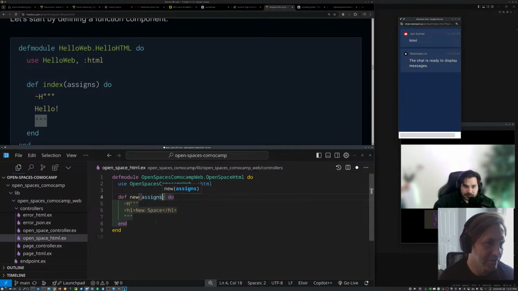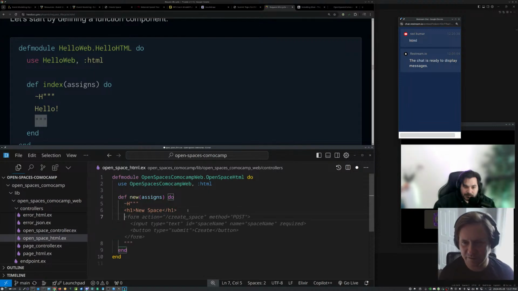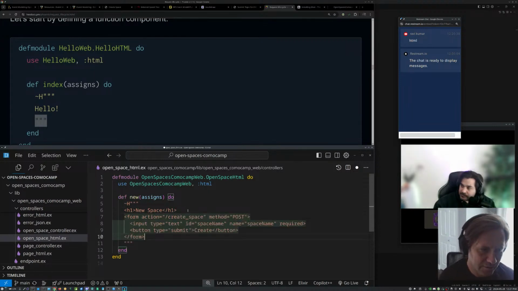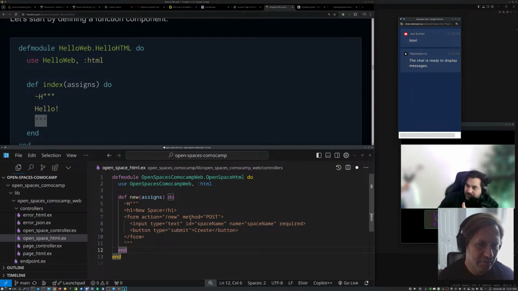Okay, so new space, and here you can just put the rest of the HTML. So, form action. I guess that's new still. I don't know where the posts and gets were, but this should be new, right? That would call the exact same endpoint, but with a post. In the RESTful style, technically, it would be the resource name there, posting to a resource name.